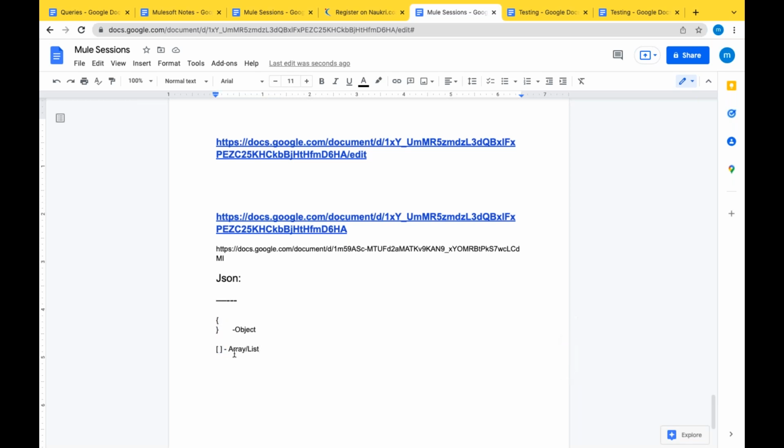So what is a list here? List of what data types? It can be a list of strings: string 1, string 2, string 3. These can be the input or output, I'm telling.